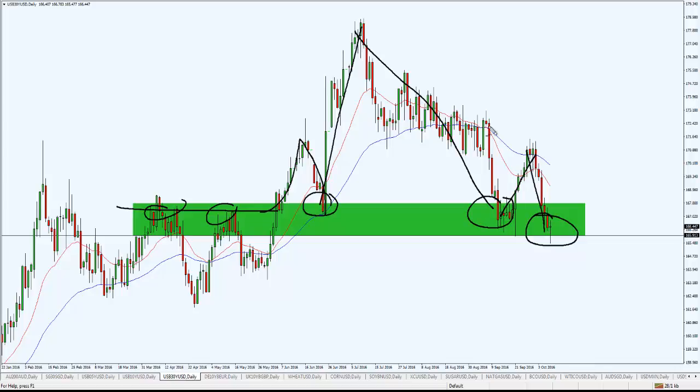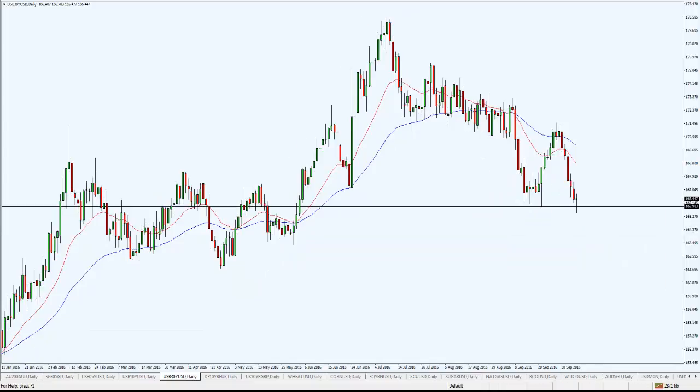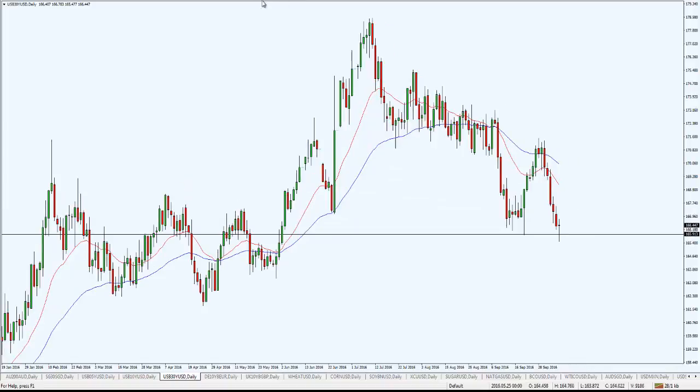retested support. So for those of you who are familiar with candlestick patterns, you notice there's this doji pattern or somewhat of a hammer. I'm not sure if any of you trade this candlestick pattern, but for me, I don't usually trade them. So what I prefer to do is to go down even to a lower time frame just to fine tune